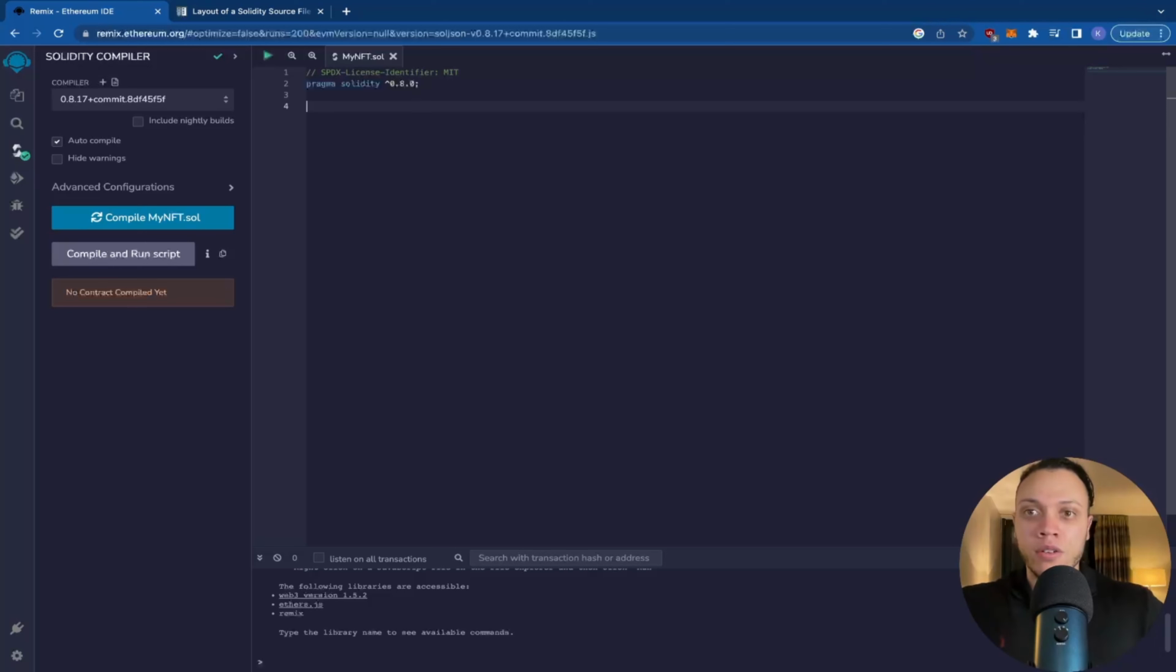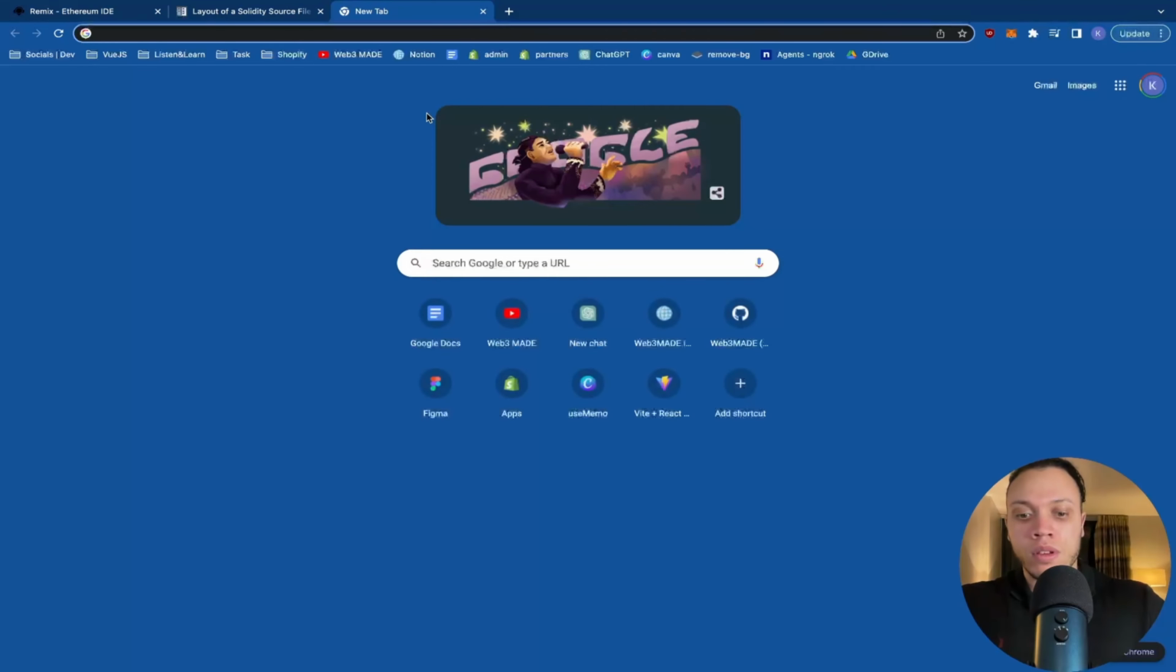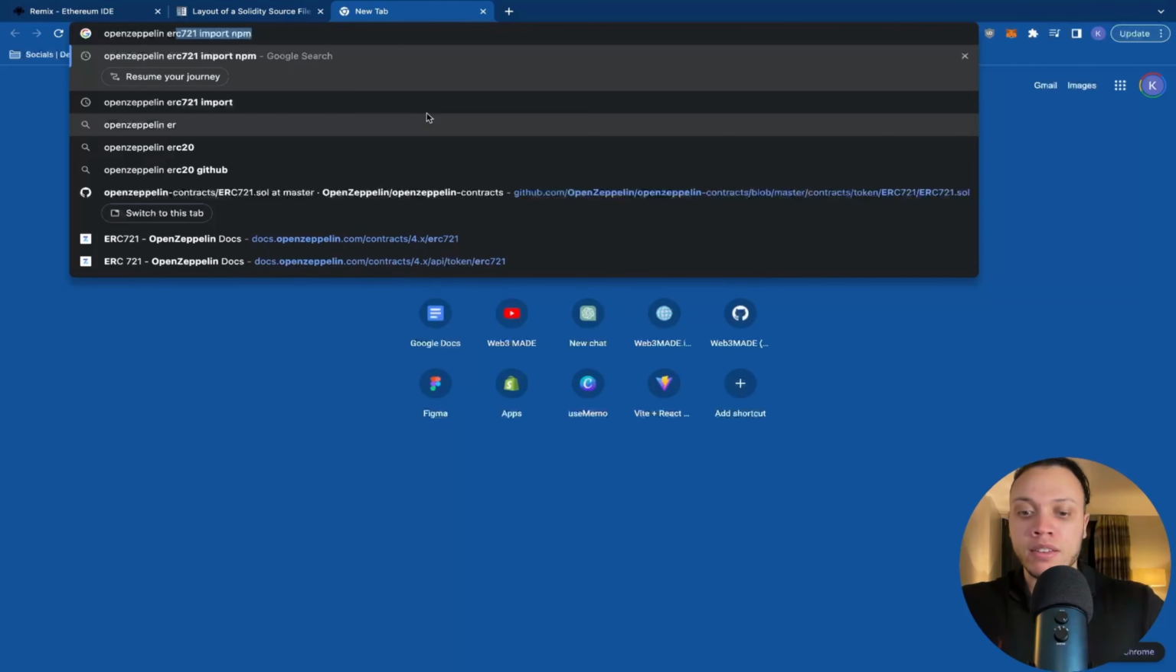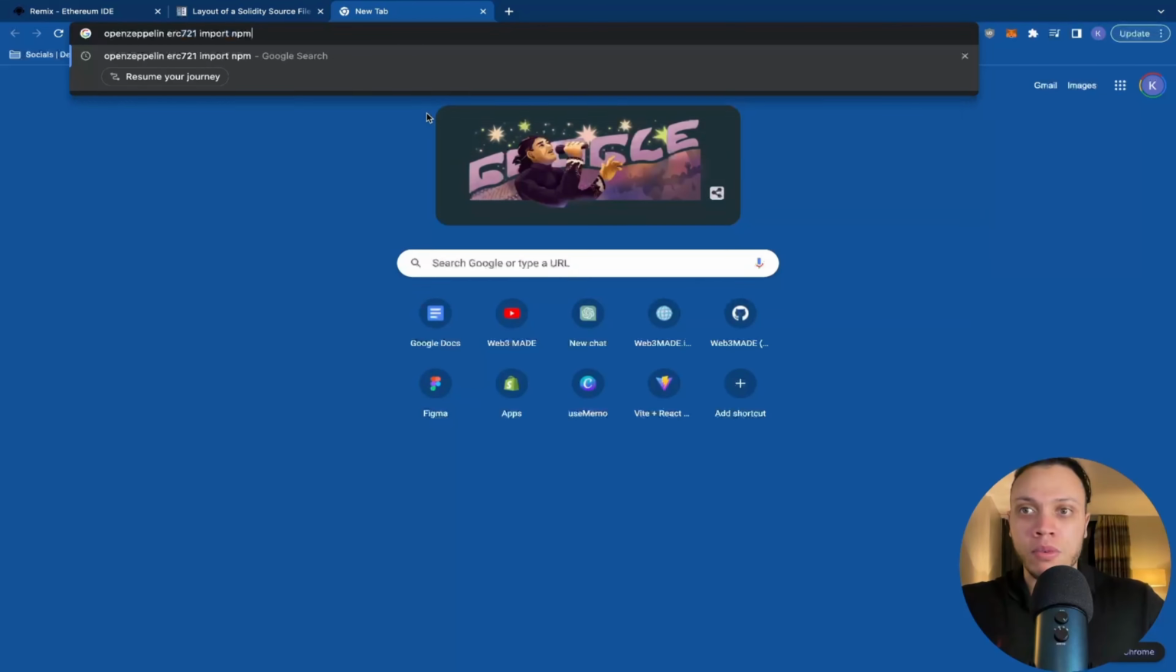Okay, now we will need to import a few things. So all NFTs have to follow the standardized format of what defines an NFT. Now this is what's called an ERC 721. So if we head over to the browser and we type in OpenZeppelin ERC import npm,